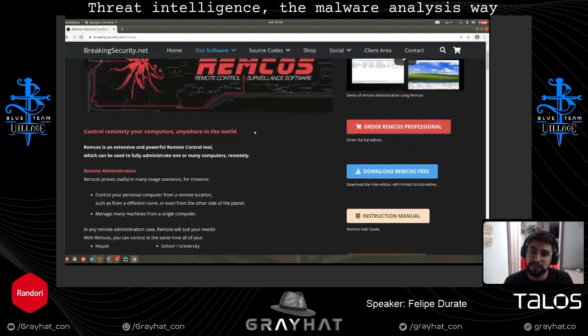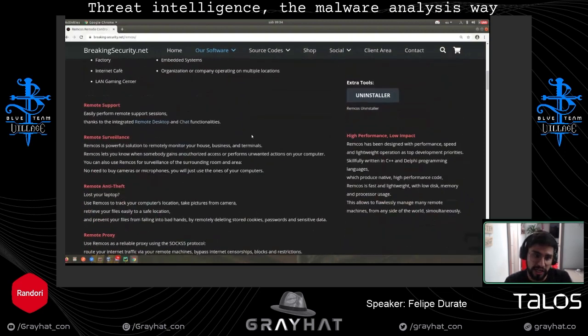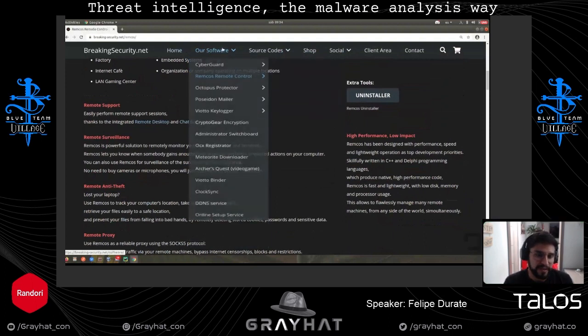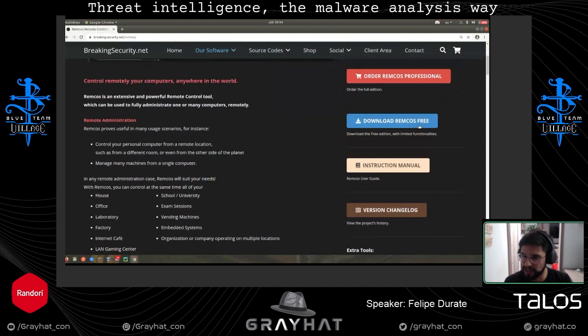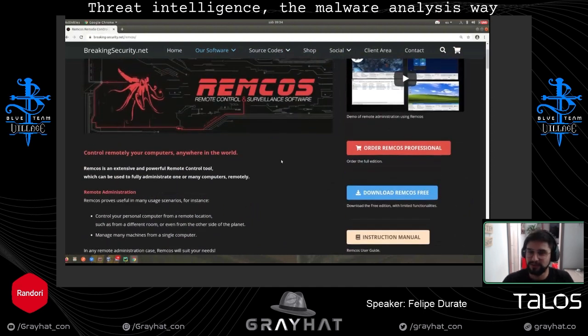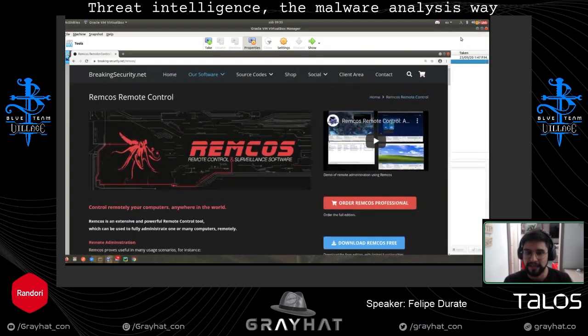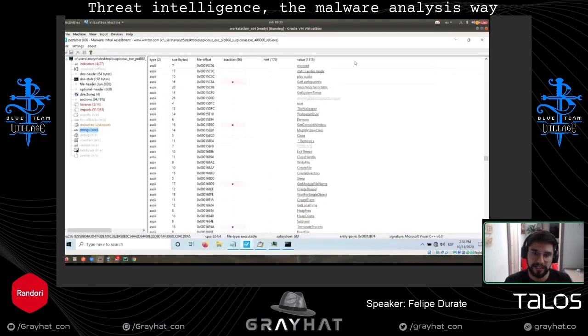You don't need to do any more reversing about their functionalities because you have a website that has everything. And you can buy it or download the free version. They have two, free and professional. So you don't need to get really crazy trying to understand everything because you already have a lot of information here. But at least we know which was the attack. Really simple, nothing really sophisticated, and this could be a very useful way to unpack a sample if you don't have time, or at least if you are starting in this field.